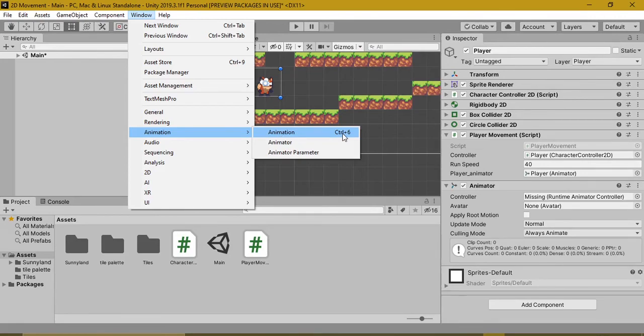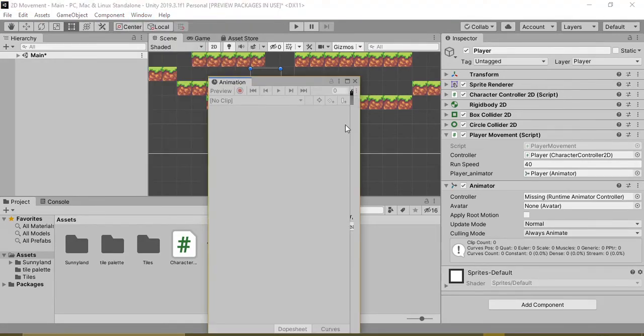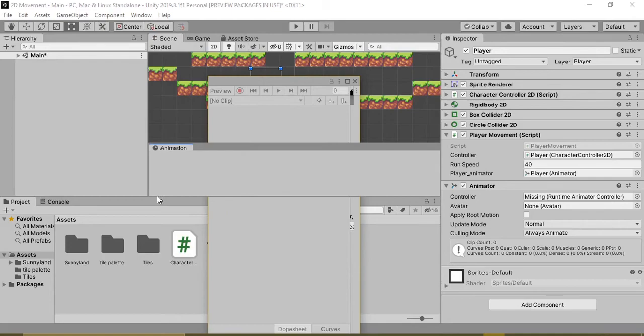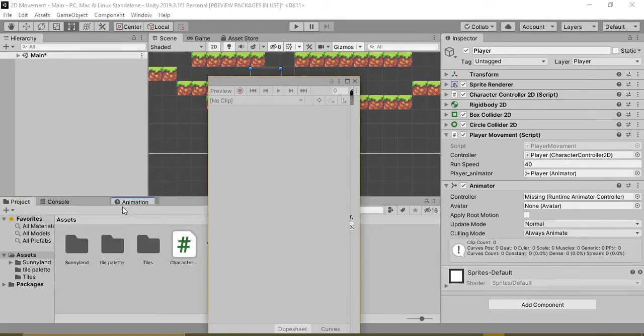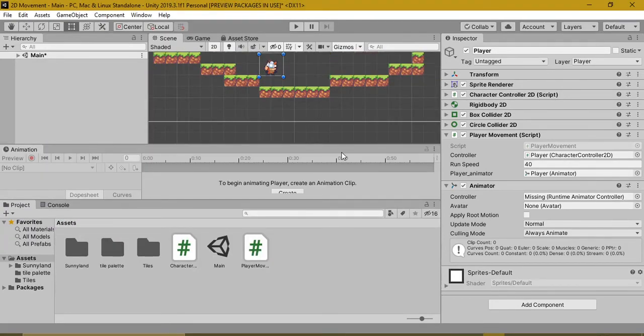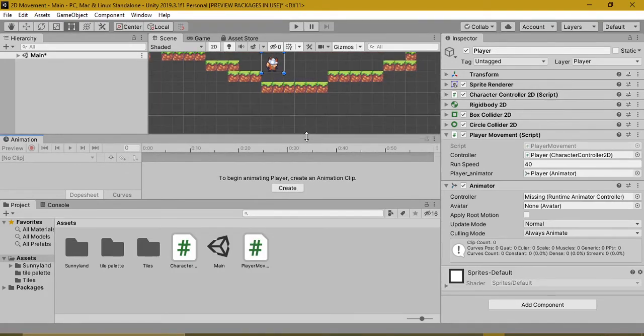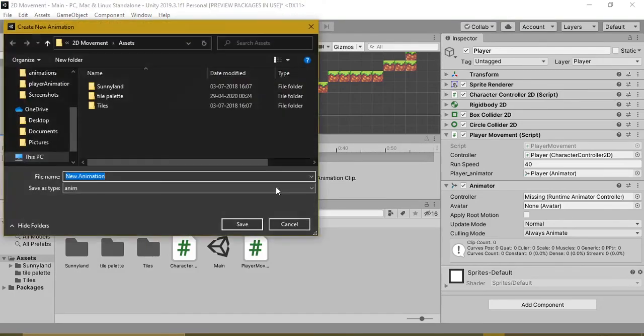You also have the hotkey. Now I've made an animation window, so now I'll go and create an animation.